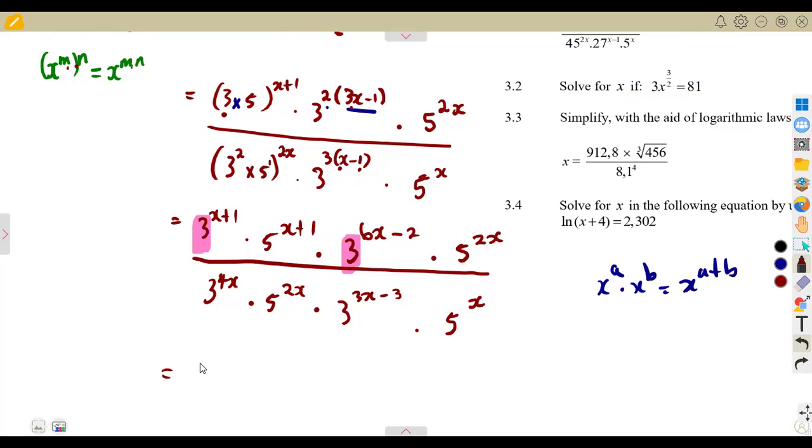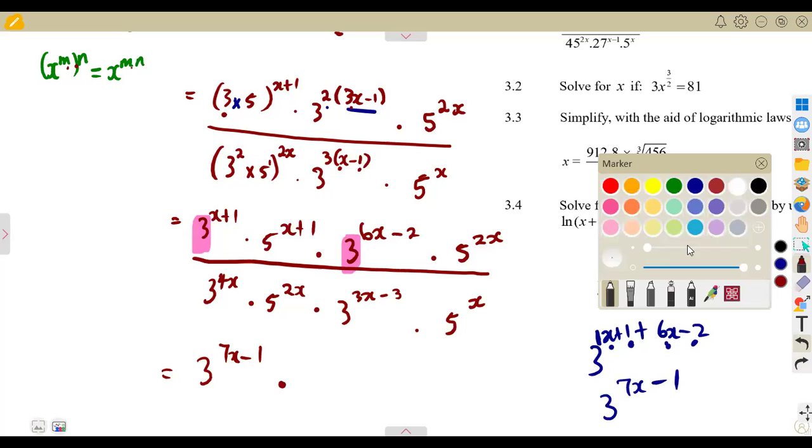So this is 3 to the exponent of what? We're actually going to add. You're supposed to add 3 to the exponent of x plus 1, plus you add to this exponent where there's x, which is 6x minus 2. So what are we going to have? x plus 6x. This is 1x, like this. So this is 1 plus 6, which is a 7, so that's 7x. We have got 1 minus 2, which is a minus 1. So that means we're going to have 3 to the exponent of 7x minus 1, multiplied by